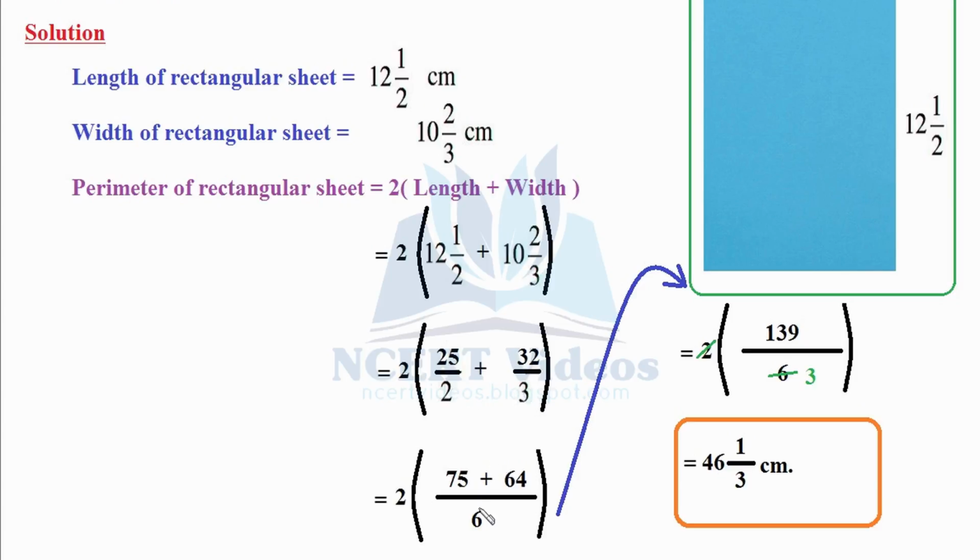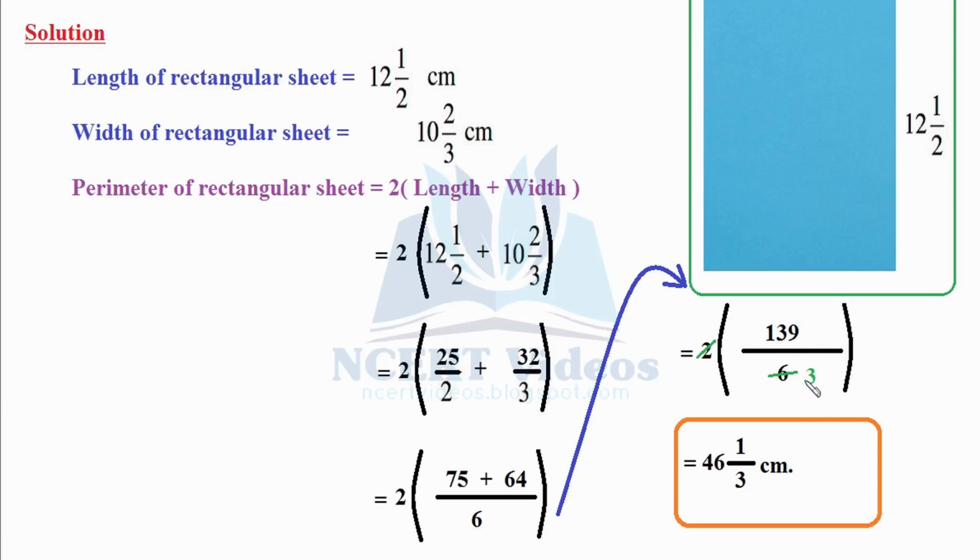Now LCM is 6, 2 3s are 6, 3 25s are 75, plus as it is, then 3 2s are 6, and 32 2s are 64. Now solving it, adding this, it gives you 139 and 2 by 6 as it is from here. Now 1 2s are 2, 3 2s are 6, so it turns out to be 139 over 3, but it